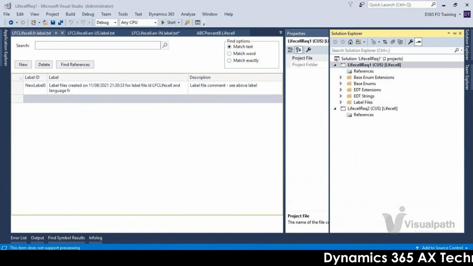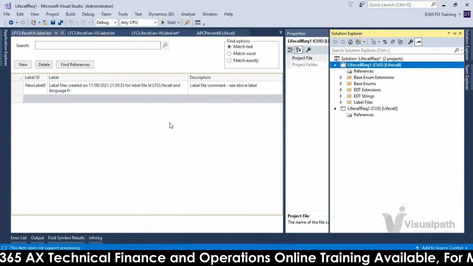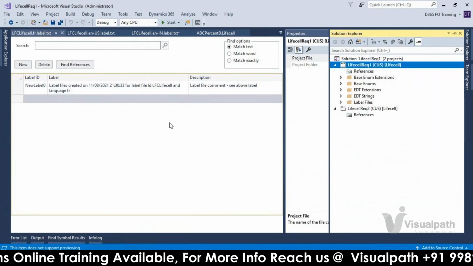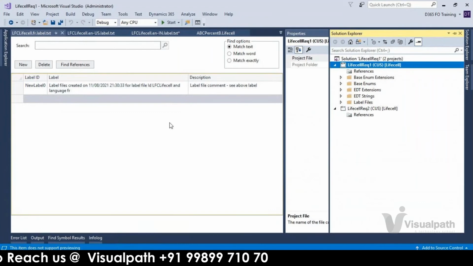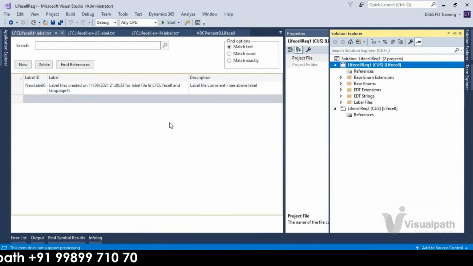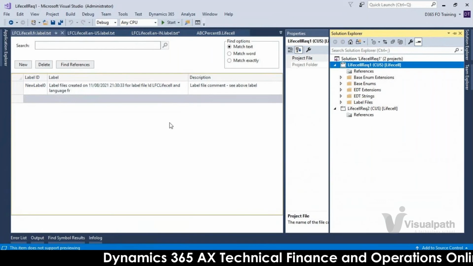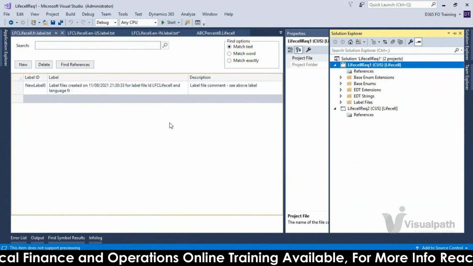Okay, Ram sir, I have one query. What are the advantages of using the extension process? Yeah, you can easily deploy your changes. Model management: the model management concept itself lets you easily maintain your packages and models. For example, previously in AX 2012, if you wanted to deploy, you needed to generate the complete model store. Here you don't need to generate a complete model store. Just your model will be packaged and deployed to the other environments.